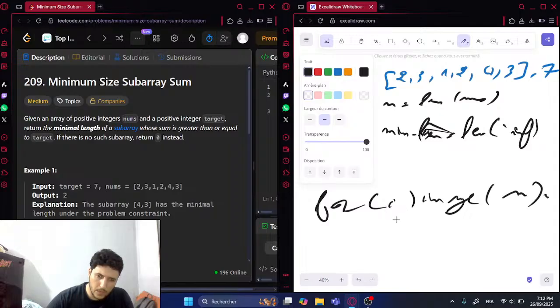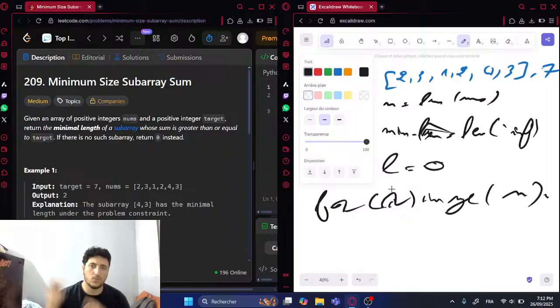Okay, I think we're gonna need two pointers here. So we need right and left. With the dynamic window, it's gonna be shrinking. So I'm gonna iterate through the list with the right, and the left will be 0. So for R in range n,